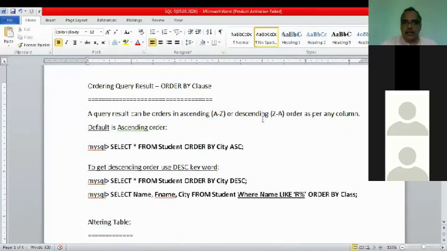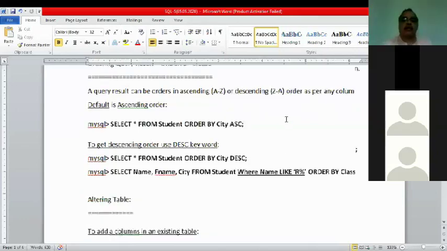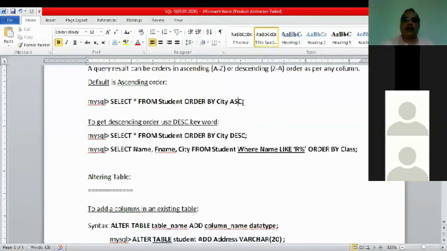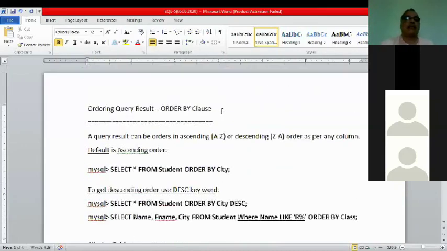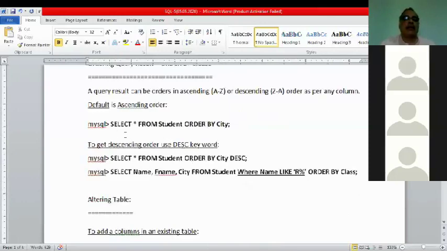To arrange the records in ascending or descending order, we use the order by clause. By default, the order by clause is ascending. Say, select all from student order by city.